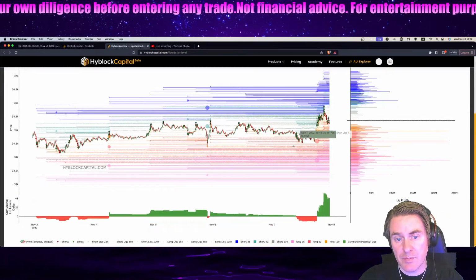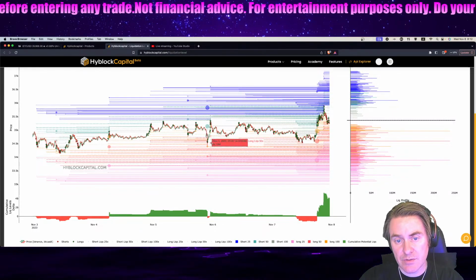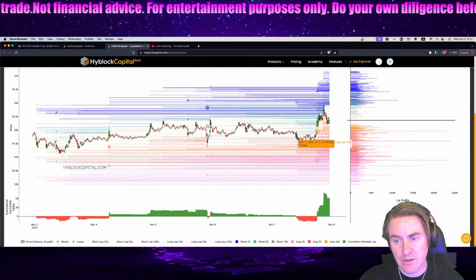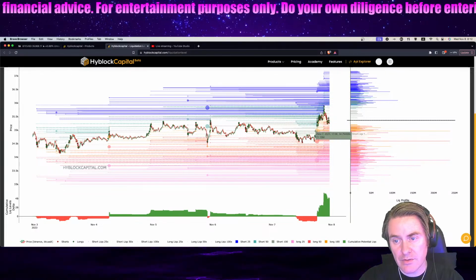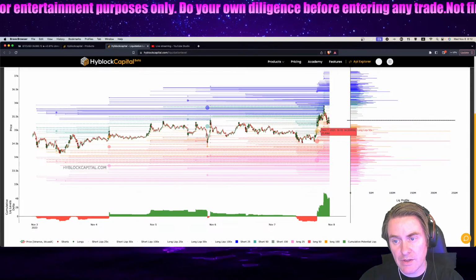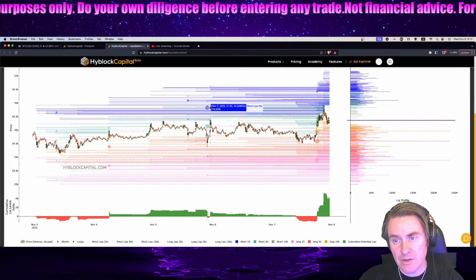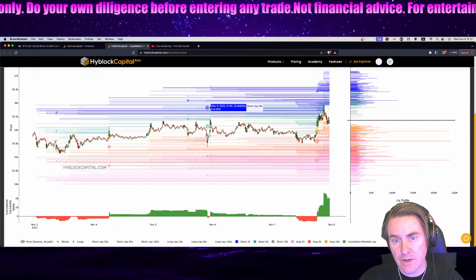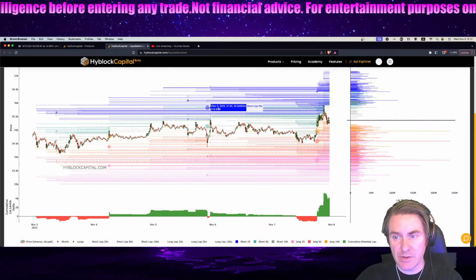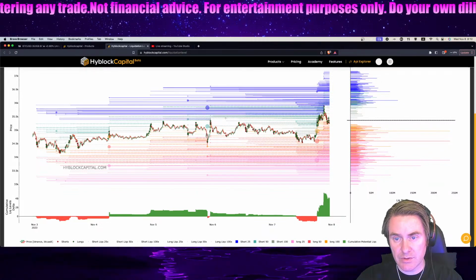So with the rip to the downside that occurred, they took out these small pools of longs, but there was really not that much induced on the long side of things until they started to rip it up here, and now they started to get 238 million induced as they came up into the range to take out that 218 million, about 35,828. And we were looking at that pool getting hit, so they took out that entire 25x pool of shorts,